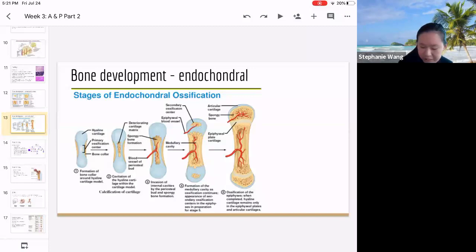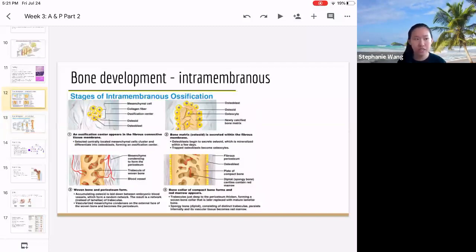And notice these little discs, those are places where the cartilage did not, oh, sorry, I will go back to the previous slide. Those are the areas where the cartilage is not ossified. So that forms the epiphyseal disc, as I was saying in the beginning, where the epiphyseal disc helps a person grow in length. Okay, hopefully that is enough. And also don't worry if you're unable to copy this stuff. All this information will be uploaded on the Kid Teach Kid website, so you can always refer to that.